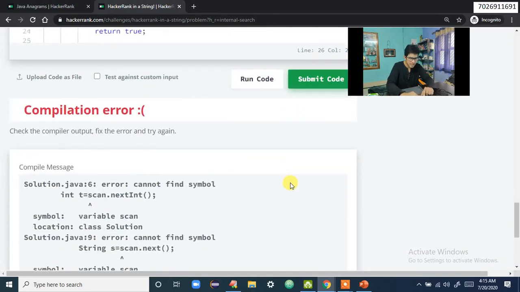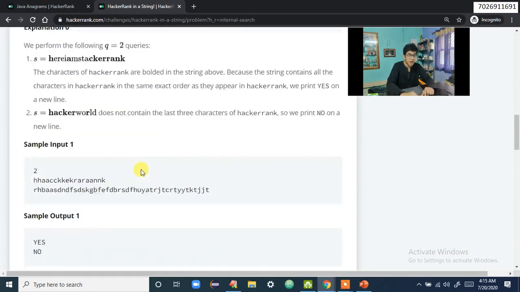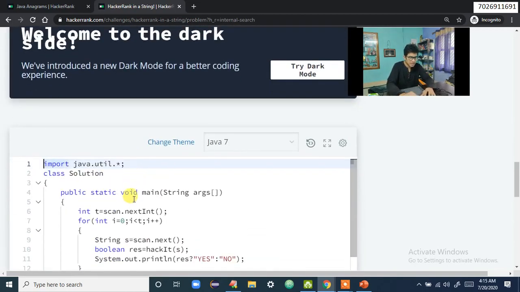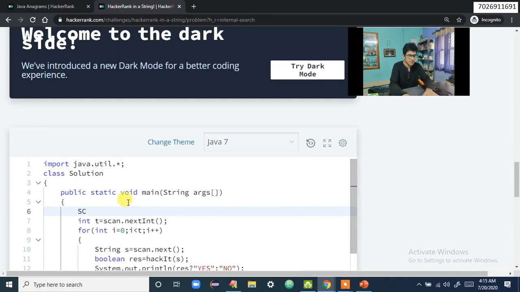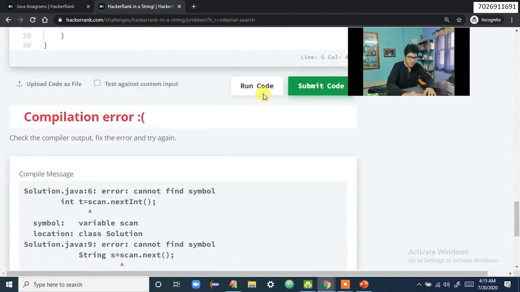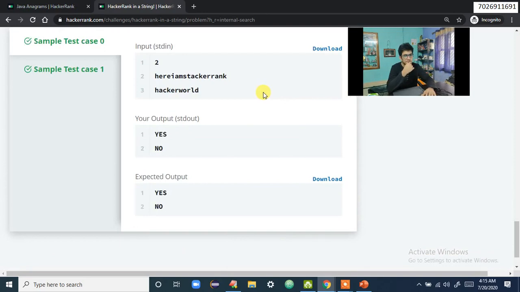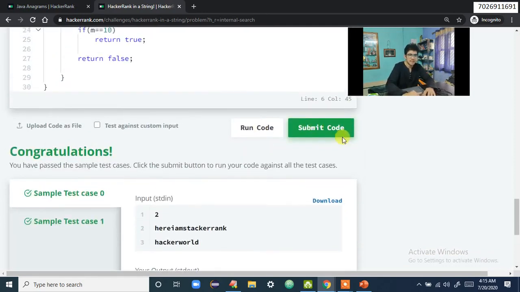So compilation error. Why? Scan cannot find symbol. Okay, I have to create a scanner, right? Yes, I have to, in the main method. Before this, I have to write Scanner scan is equal to new Scanner, System dot in. Okay, fine. So I'll run the code. Sample test cases passed, and if I submit the code,